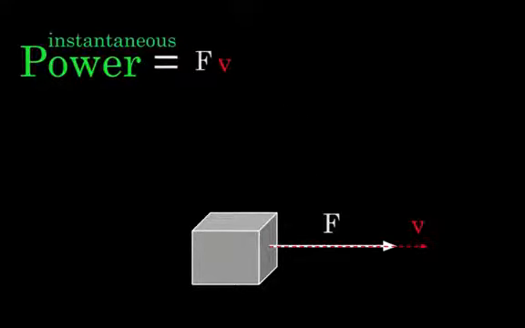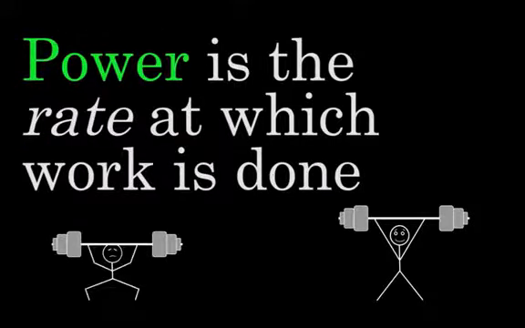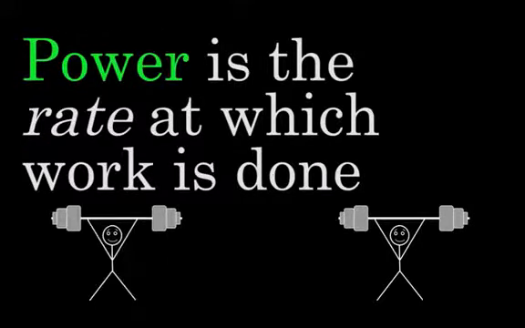So if theta is 0, then the velocity is 100% used, because cosine of 0 is 1. So again, power